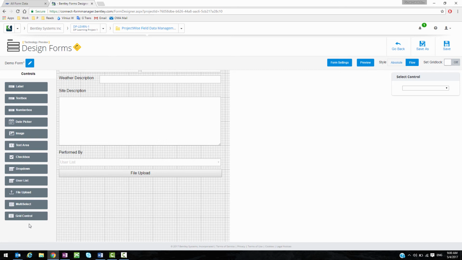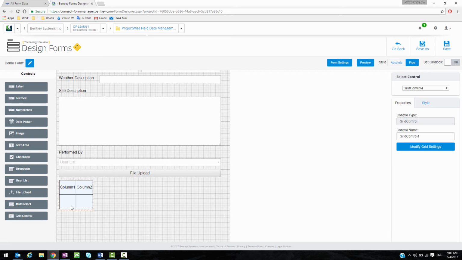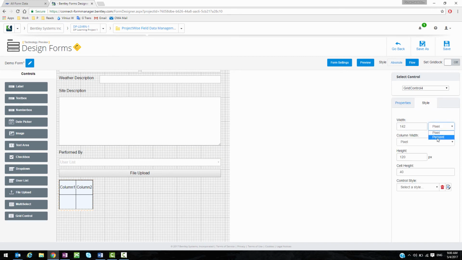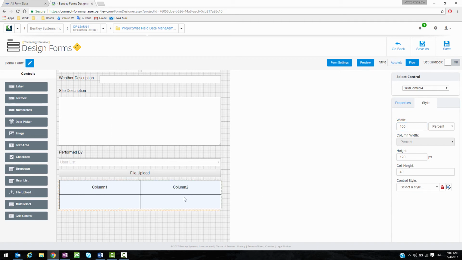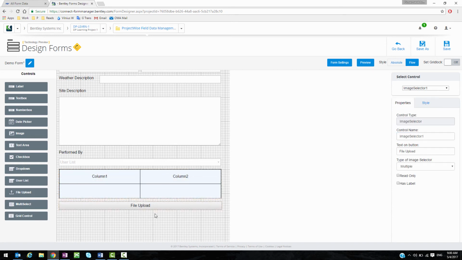Okay, so the next and last control is the grid control. It allows me to create a grid, a table where I can define the values for the columns, and it will grow as I fill the data in. So, for instance, I added a grid control here. I can say I want it to use the full width of the line, and I can put the file control underneath it, and I can now go and define my grid settings. If I go to grid settings here,